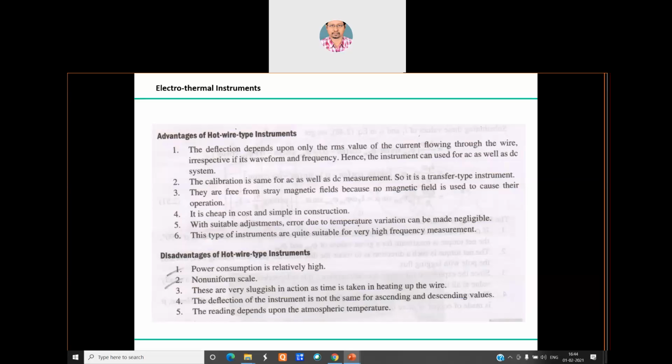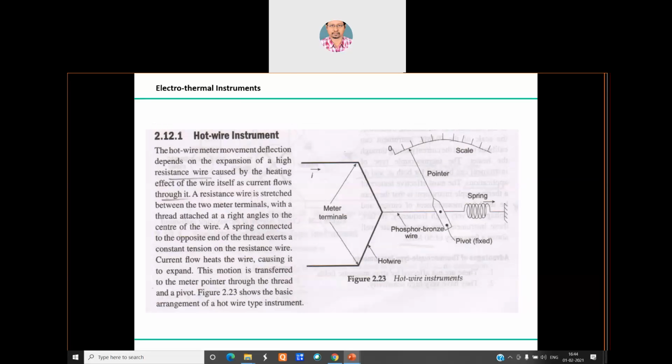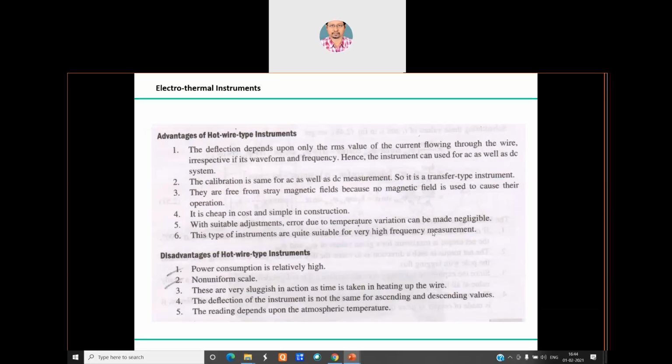As I have told you, it is free from frequency variation, and it can measure both AC and DC values. Construction is very cheap, so it's a cost effective and simple design. One problem could be error due to temperature variation, but that can be neglected by selection. That is the reason why we have used a small thinner conductor of phosphorus bronze wire, because phosphorus bronze wire has very low temperature sensitivity. The temperature coefficient is positive, but the amount of temperature variation is very, very small. So it will not be exposed much to temperature variations.